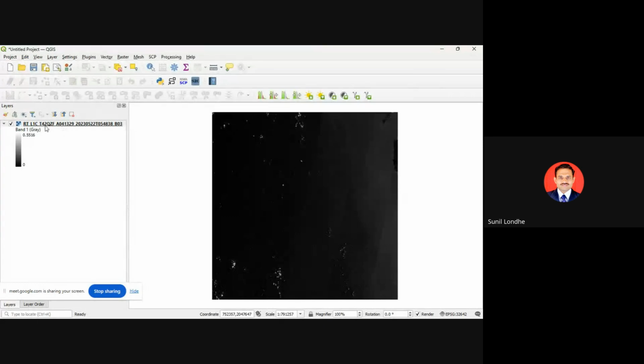I don't remember which data or area it is. But similarly, you have to add the single band here. We are going to add one layer, two layers: band 1, band 2, band 3. Layer-wise, we are adding single bands. This is the first thing. After that, what we have to do,